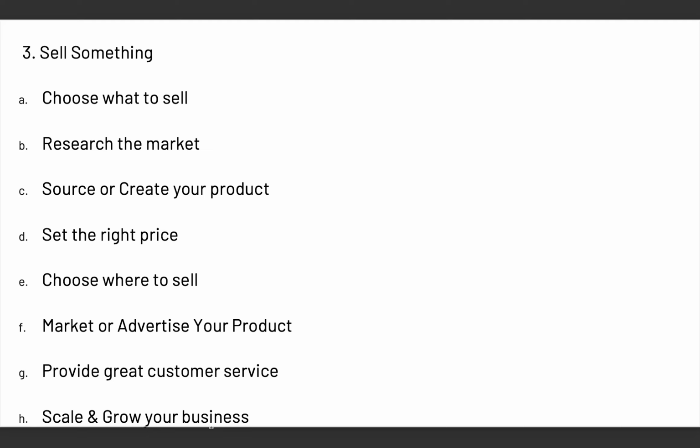Now, what do I mean by scaling and growing your business? So let's say, for example, you were selling on one platform before. By the time you see that you are making more money and getting more customers, you can now expand to selling on other platforms. And another way is that you can decide to create more products to sell. So let's say, for example, you only have one product that you have been selling and people are really buying it. Just look for another product that those people are interested in, create that product, and sell that product again. And this will make you even more money for your company or for your business.